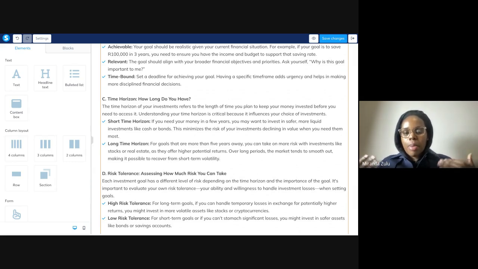And we looked in depth at risk in the previous lesson plan, but all of those things are really good to consider. When we look at a short time horizon, for example, one example I can give from myself is that I have an 18-month-old. He's starting school in about a year. So he's turning 2 next year, and we want him to start school when he turns 3.